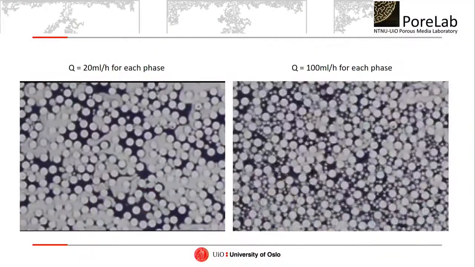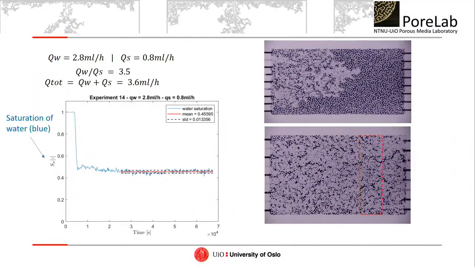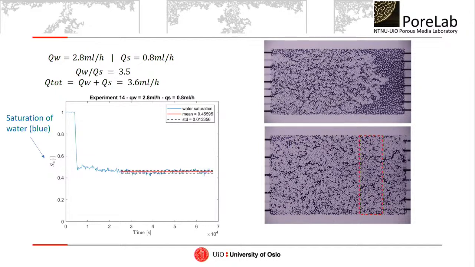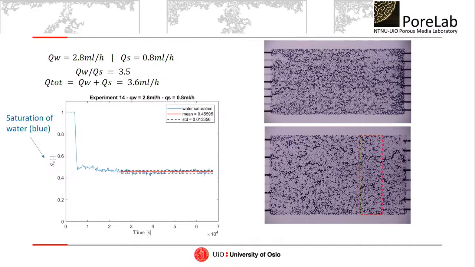We need to make many of those experiments to calculate the steady state value of the saturation, and then vary the fraction of flow rates and the total flow rates, and then the co-moving velocity will come as a derivative of this map. But it's not something that you can just make one experiment and get the co-moving velocity from. There is a way to get it from the relative permeabilities,